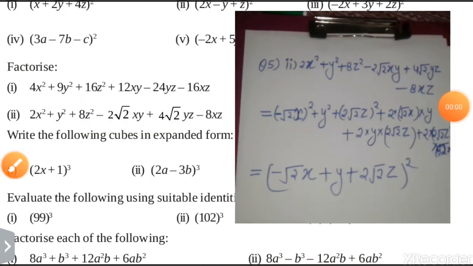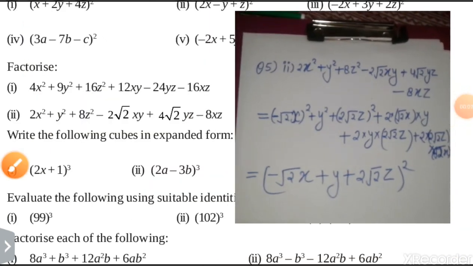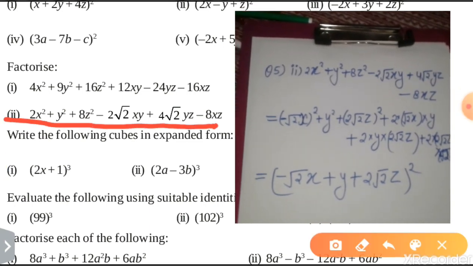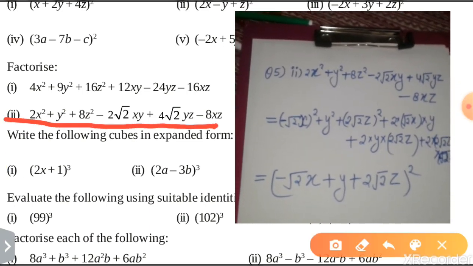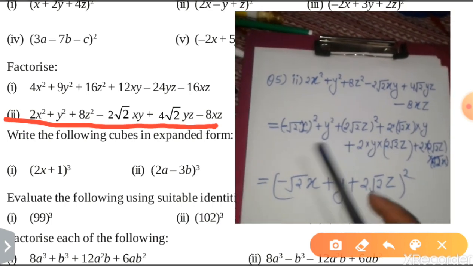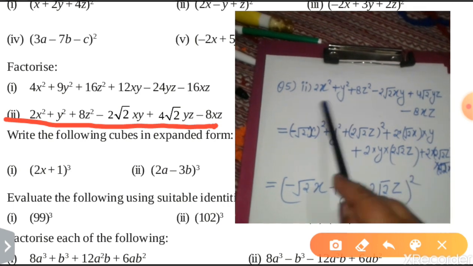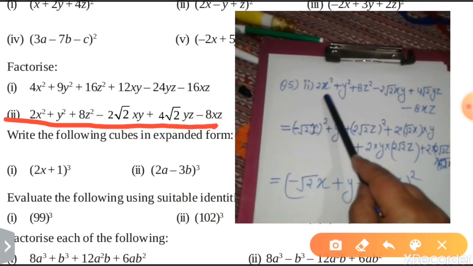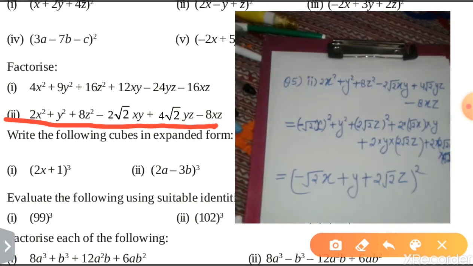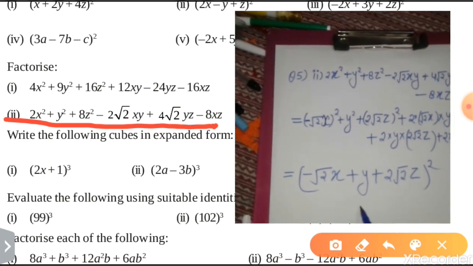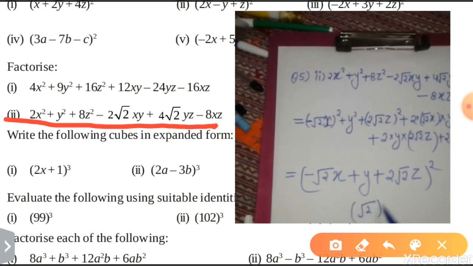Now see the second part of this question. You can see that this is a very important question. I have solved it also. I will explain it to you. See how we will solve it. In this question, we have to see that 2x square, and you can see that 2 is not the square of any whole number. So you can write it like 2 is the square of root 2. Root 2 square is equal to root 2 into root 2.